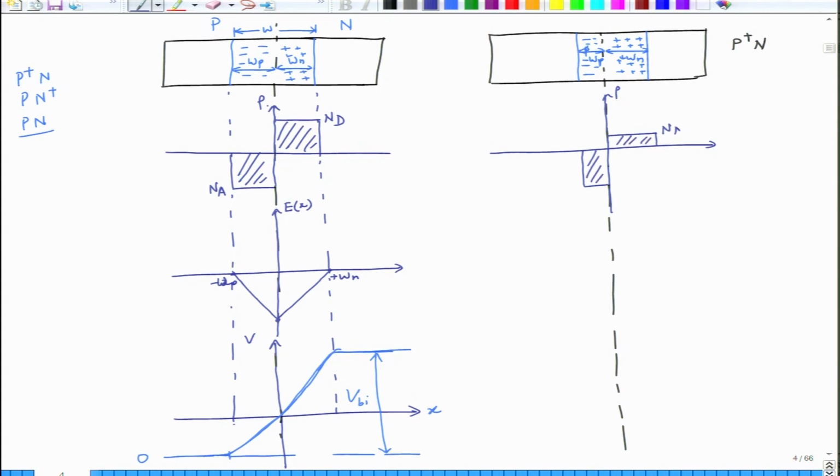So this is ND and this is NA, and basically we are saying here is the product of ND into Wn is equal to the product of NA into Wp. So you can see that if NA and ND are not equal, Wp and Wn will also not be equal. Now if I plot the electric field in this case,